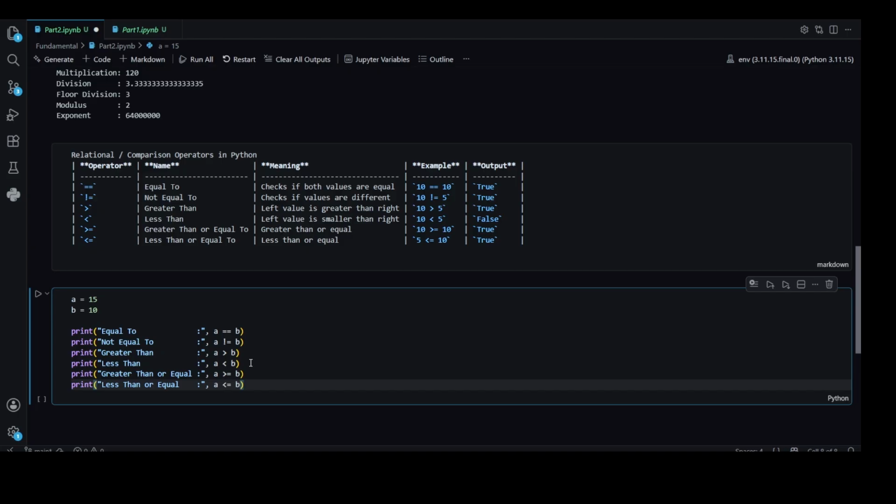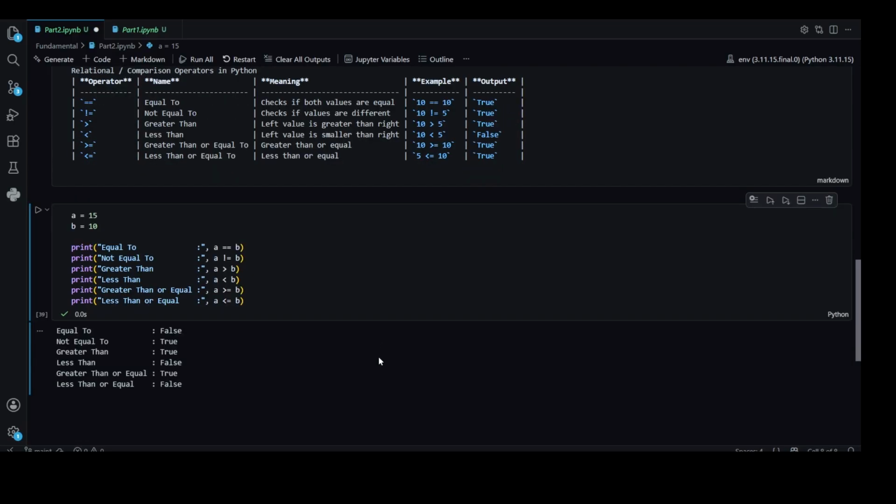Greater than or equal to: A is 15, B is 10, yes, so it returns true. The last one, A less than or equal to B: no, so false. If you execute,